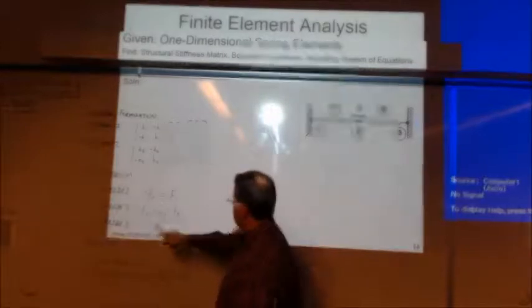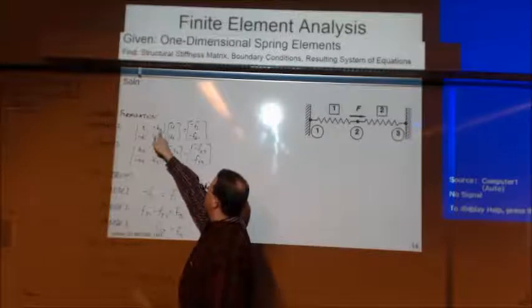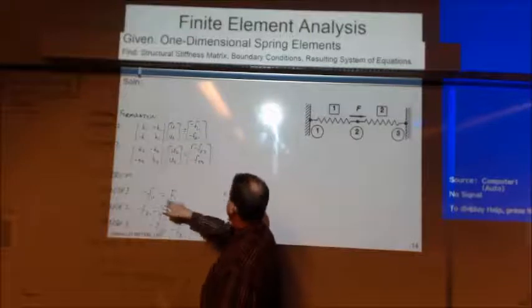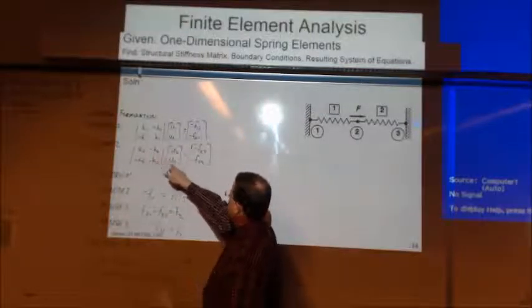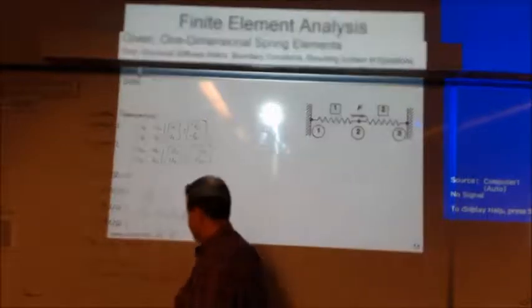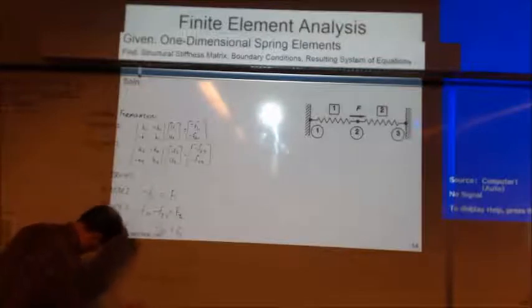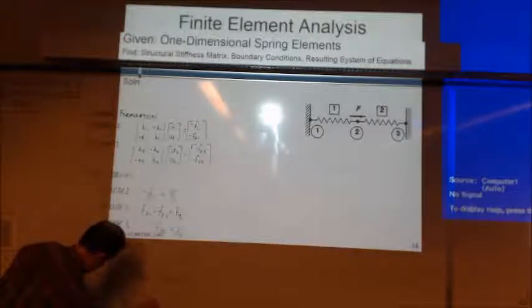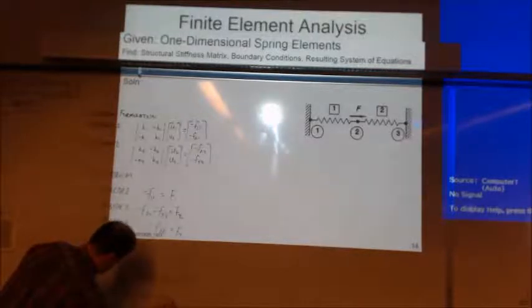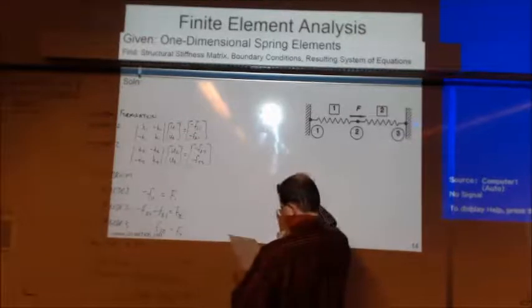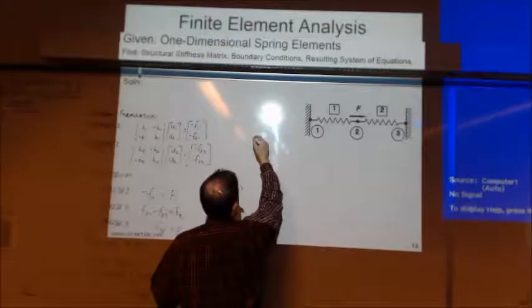All right, because we're doing 2, 1, so K1 U1, K1 U2 equals 2, 1, and the other one 2, 2, K2 U2 minus K2 U3 equals that. Is that making sense? And our last one, so minus K2 U2 plus K2 U3 equals F3. So that's our structure of equations. So if we set up our stiffness matrix,